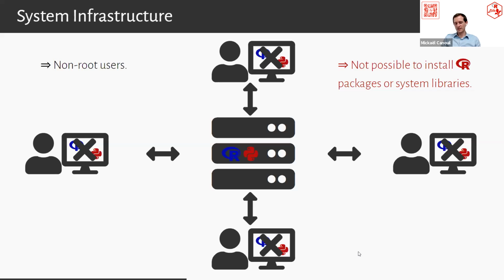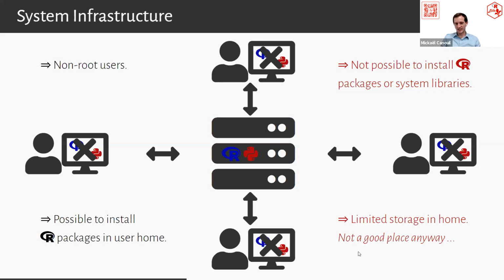Some might say, okay, but you can install it in your home folder. Yes, that's true. But actually, our home folder was not that big. It was just a few megabytes. When you work with genetics data, you might want to download some Bioconductor packages, which are sometimes 1 gigabyte, so you can't actually do that. And anyway, it's not the right place to install packages, because your home is your home. You can't share it with anyone else, and this simple idea is against the reproducibility idea.